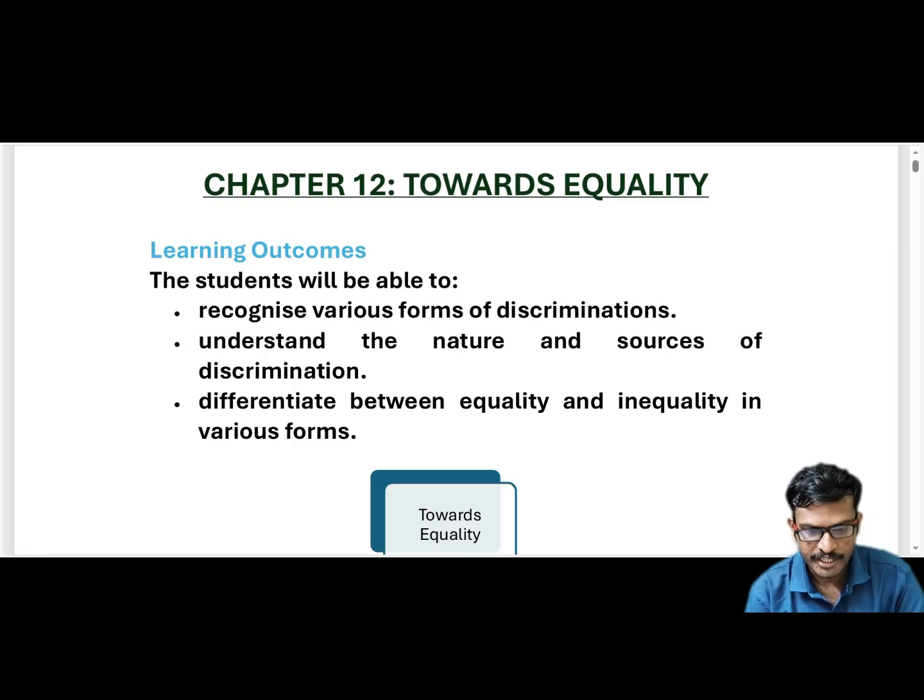Here, there is an illustration in your textbook. It's showing a group of children and adults standing together, holding hands. This group includes individuals of different genders and cultures and physical abilities.